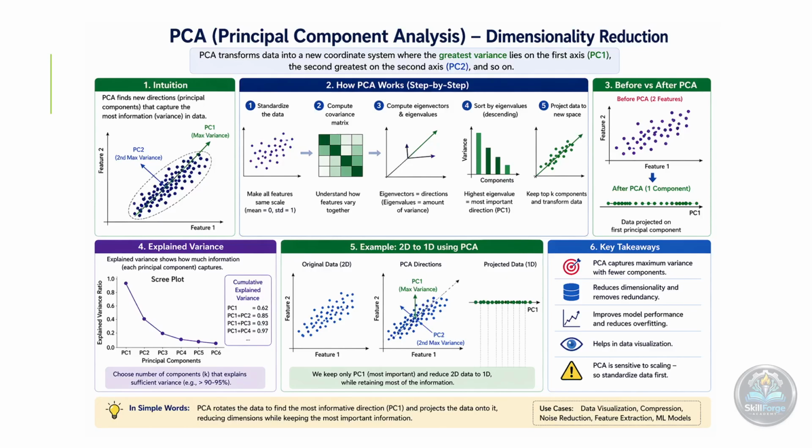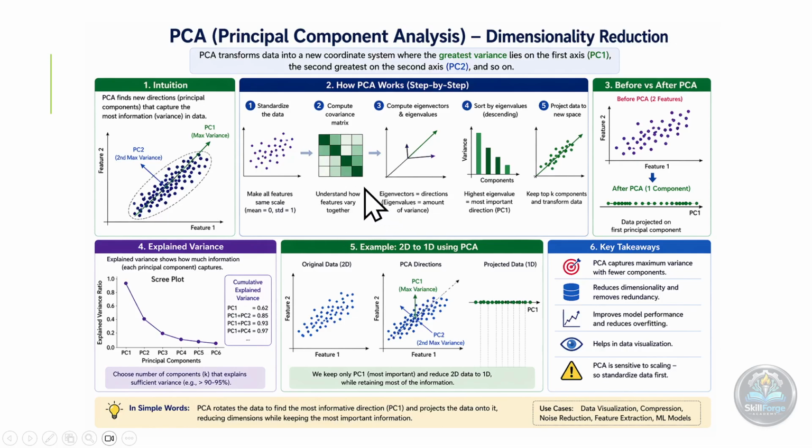Okay. Now we'll try to understand this with the help of these plots. So as I said earlier, PCA is a technique used to reduce the number of features while keeping the most important information. So here you can see, PCA finds the new direction, called the principal component, where the data varies the most. The first component captures maximum variance, and the second captures the next highest.